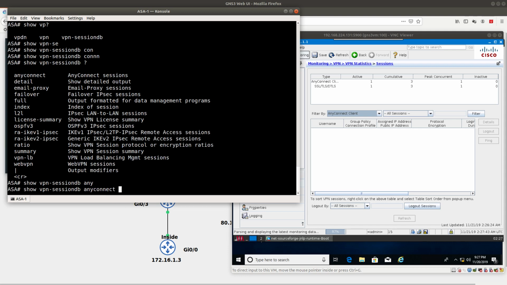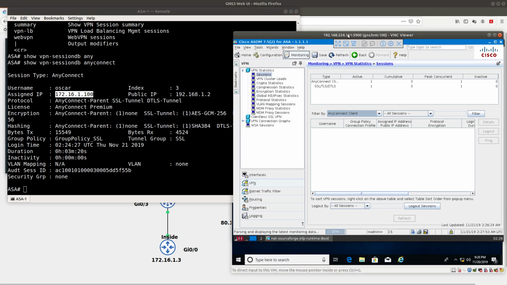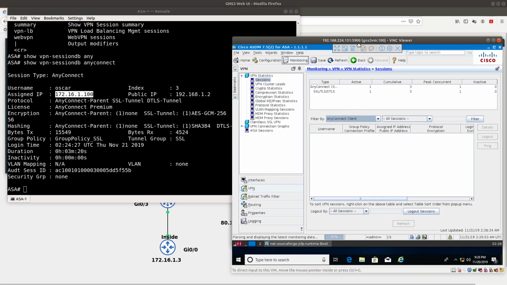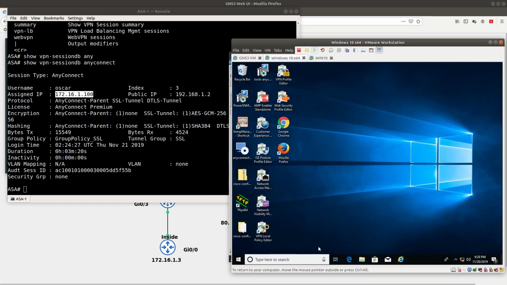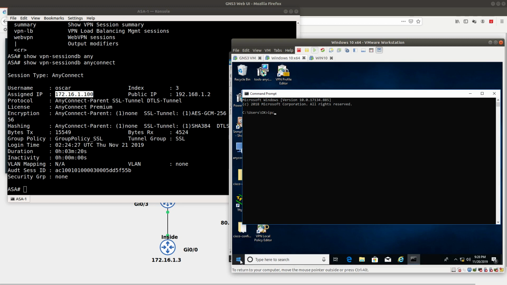Or AnyConnect. There we go. So as you can see right here, we have one connection from the AnyConnect. It was connected with the username Asker. The IP address assigned to this connection was 172.16.1.100, which we saw from the Windows device. If we do a CMD ipconfig,